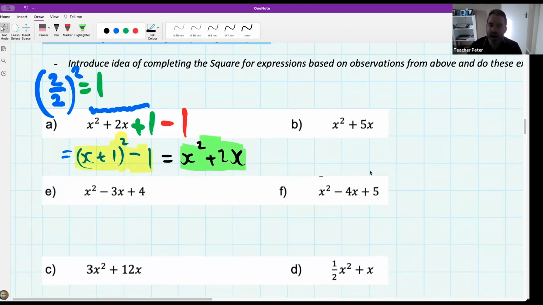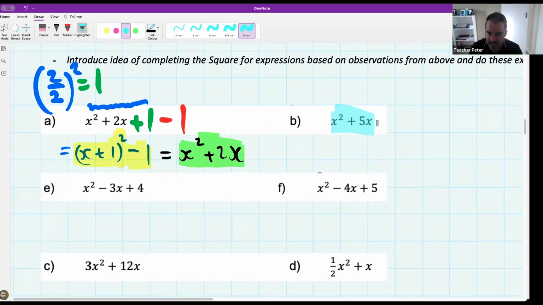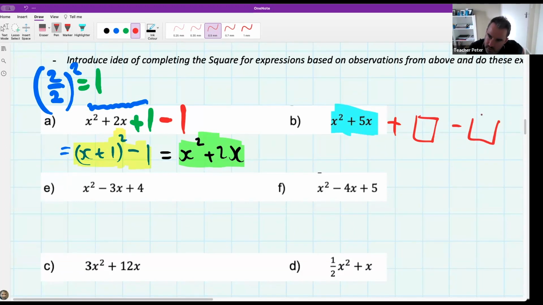So I want you guys to come along and take this expression, and I want you to tell me, what should I be adding? So I should be adding a certain amount, and I should also be taking away a certain amount. I want to know, what is that amount going to be? So following this completing the square process that we've learned about,